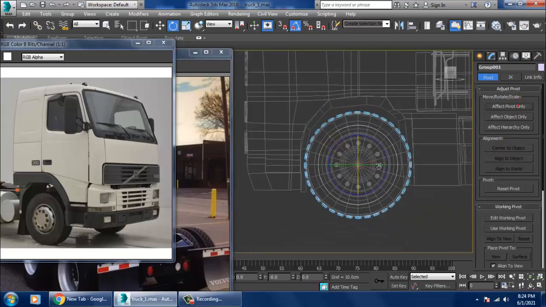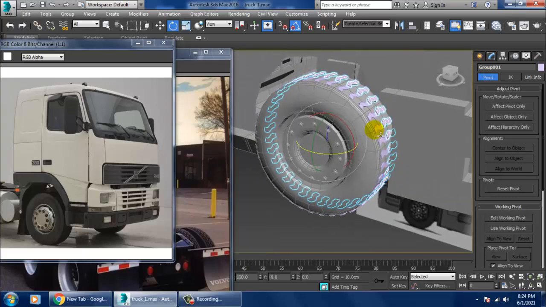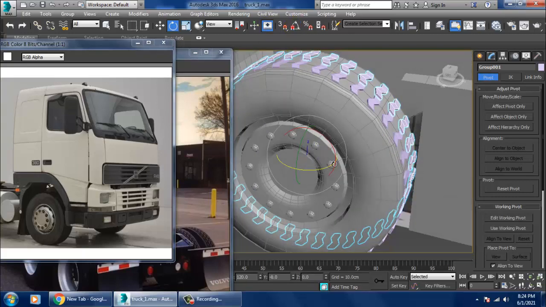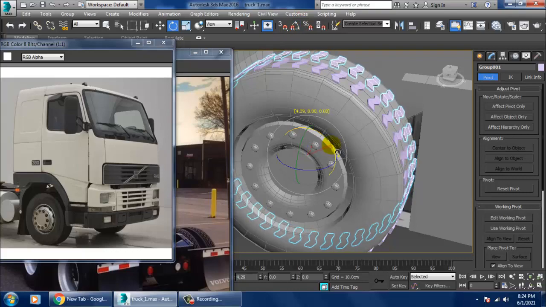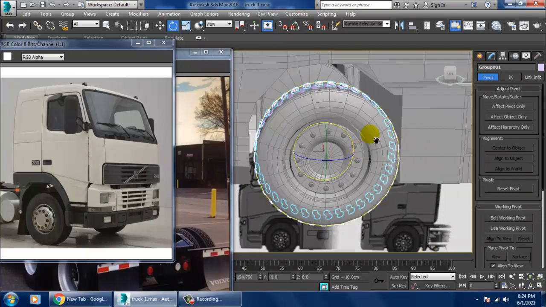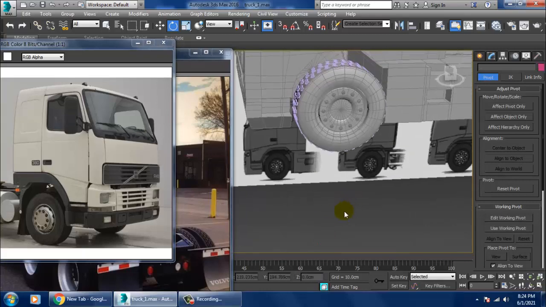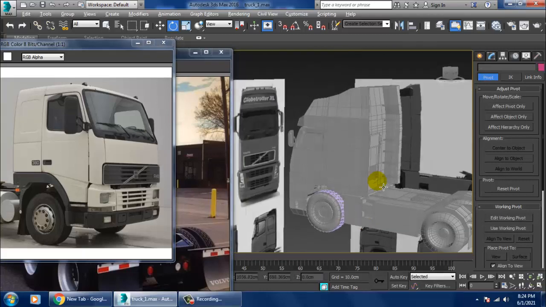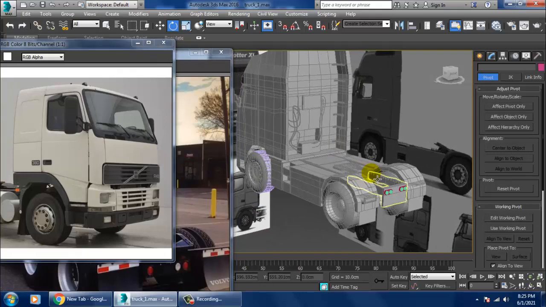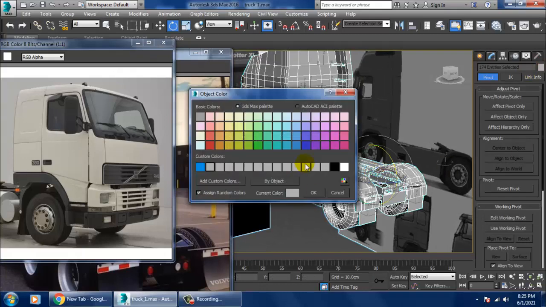Now you can just rotate that. Slight randomness can be given over here in this way. So just save your file again.